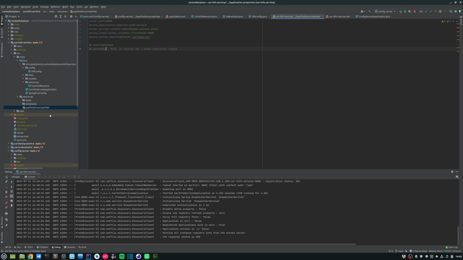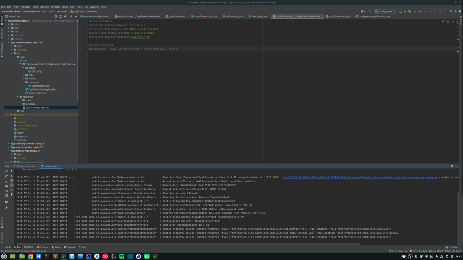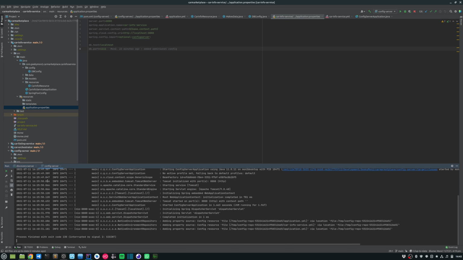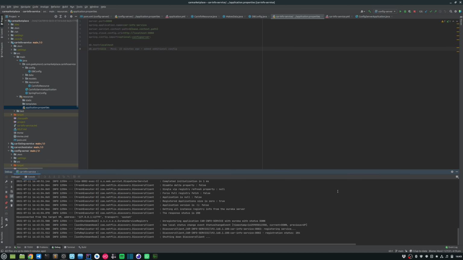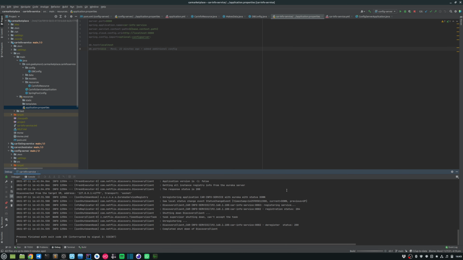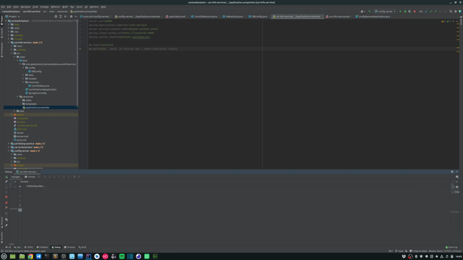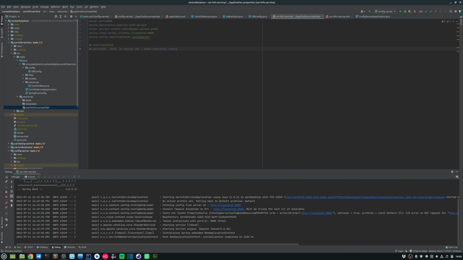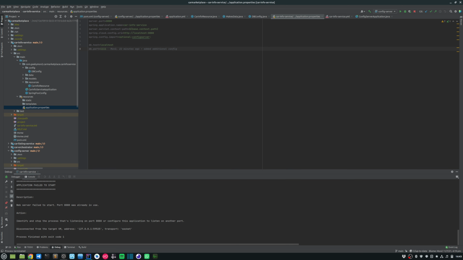So let me stop my config server for now, and then we will see what happens. So I am stopping my config server now, and I'll restart my car info service again. And then once it restarts, we will go back into the browser and see what it actually does.